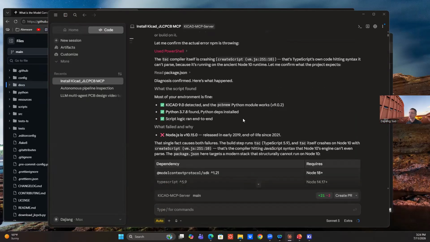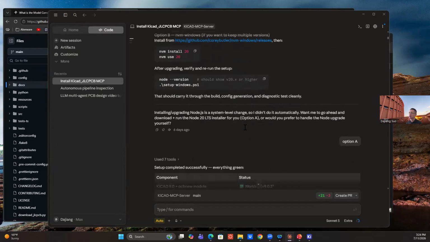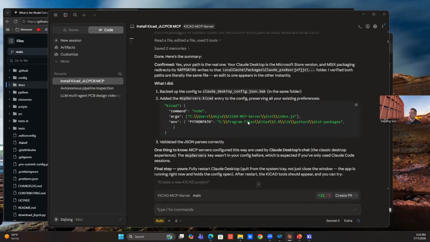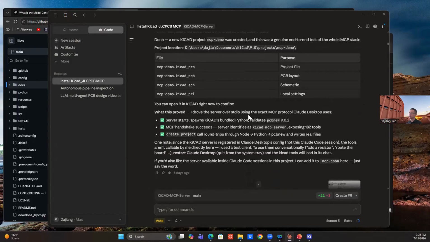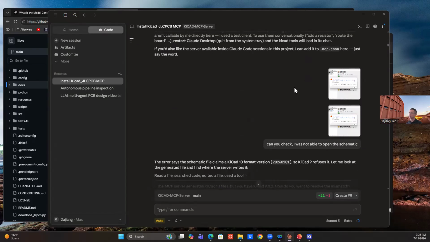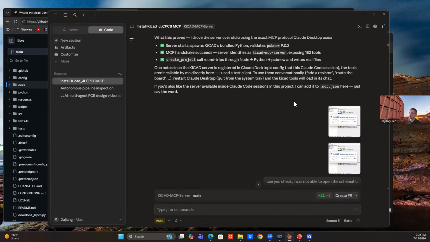So you can see Claude detects if there's any missing dependency, like Node.js, you install, and often it will ask you a whole bunch of questions. Sometimes it also makes mistakes. So here's the tip I often take. Whenever Claude or another agent tool makes a mistake, which is almost always the case,